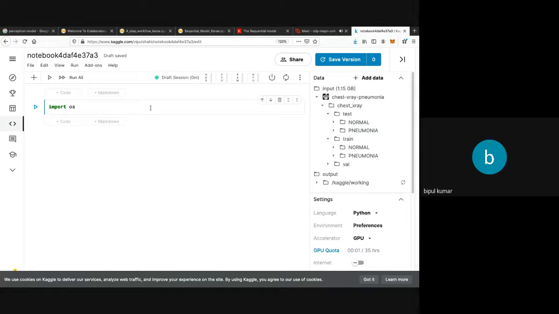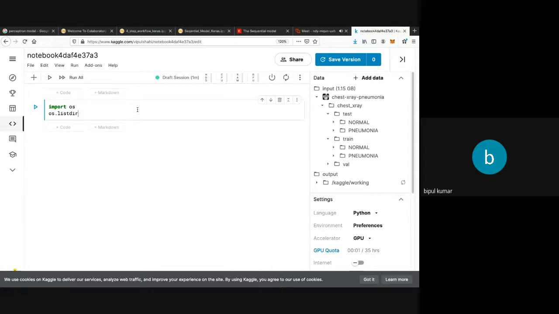Okay, so there is a directory containing the data of pneumonia patients, and there is a directory containing the X-ray images of non-pneumonia, or normal, persons. There are two directories over here. You can see this one and this one. We have to access the directory. So how can we access it? We can access it like this: